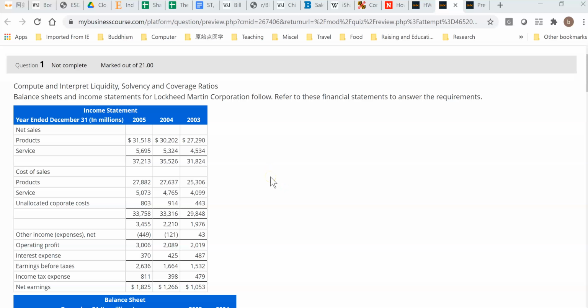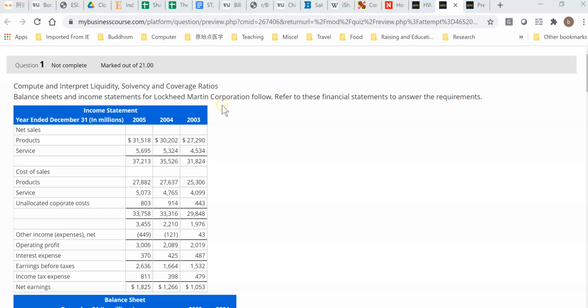This is question number 3 on homework 4 for module 4 on the credit risk analysis. So this is basically a question about a comprehensive example of conducting credit risk analysis. We need to calculate a bunch of different ratios, and based on the values of those ratios, do a sort of analysis. So we're provided with the income statement, balance sheet, and statement of cash flows for Lockheed Martin